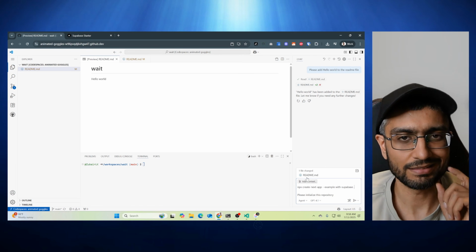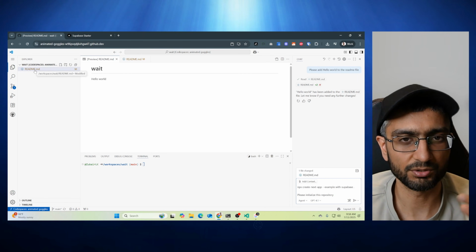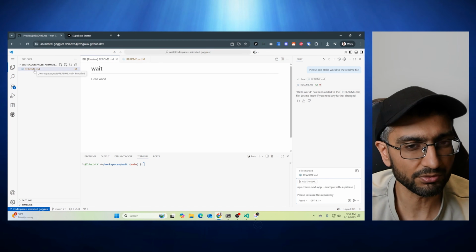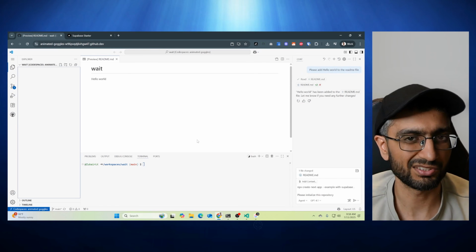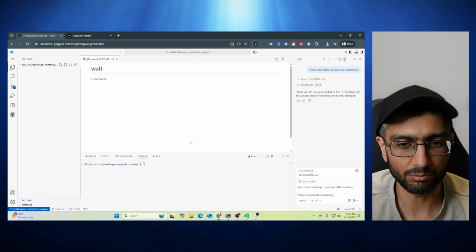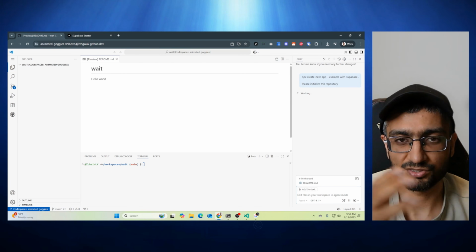Okay. And the other thing that it's going to do is it doesn't really like extra files in the place because it has its own readme file. So I'm just going to right click and delete my existing readme file for a bit. Start with a clean blank slate, go back to the agent, click enter, and it's just going to start working